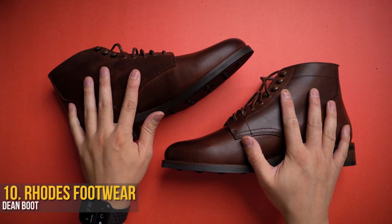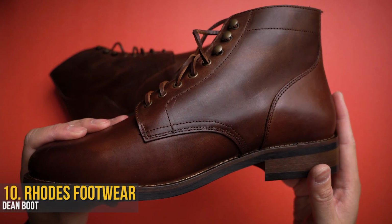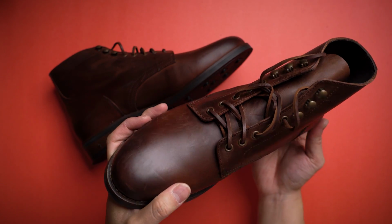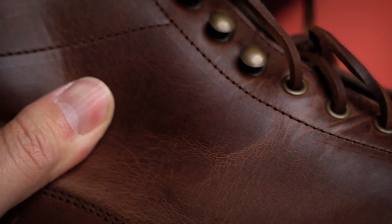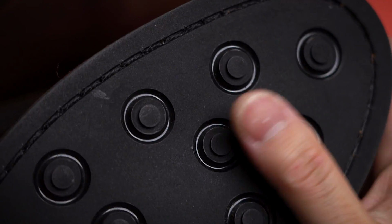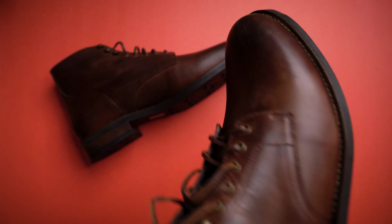Finally, to top it all off, you wouldn't be an urban cowboy if you didn't have the boots to match. These are the Rhodes Dean boot, and if you love leather as much as I do, these are some hot fire on your feet. Utilizing some thick calf leather that patinas really nicely over usage, it's considered odor resistant and still breathable. Some serious treads along the bottom for some solid gripping action, and it's got a Texon insole with